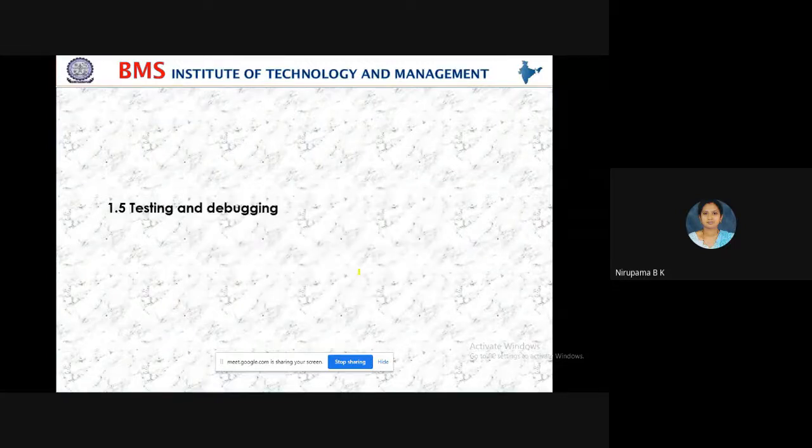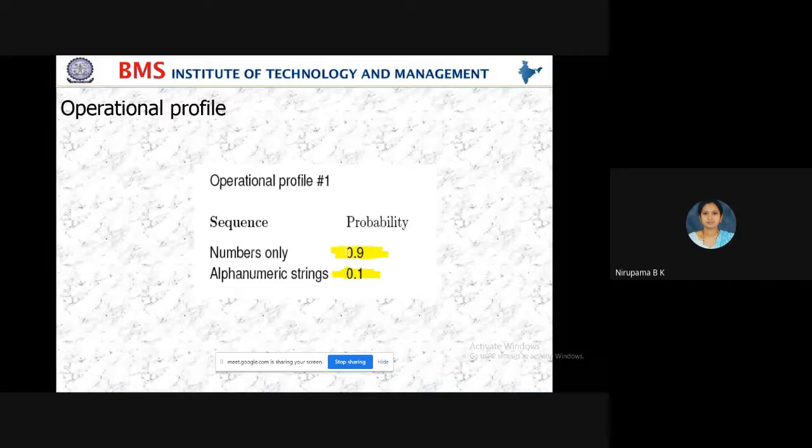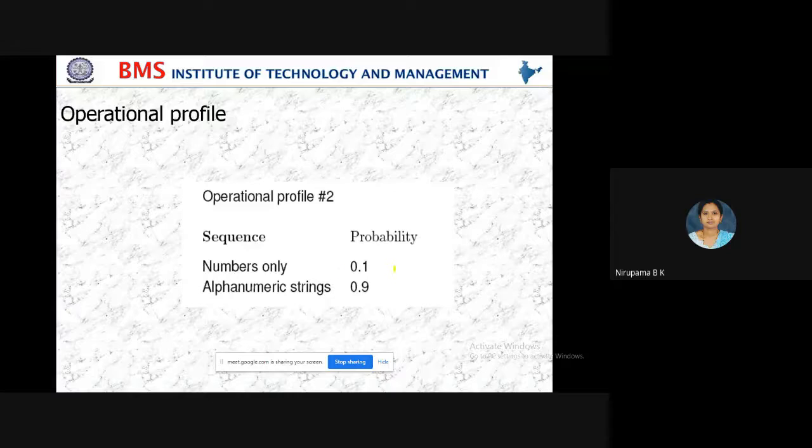See again the same example. What is the difference between this example and this example? Here, number only, 0.9. Alphanumeric means 0.1. The same example can be written for alphanumeric too, because here I'm not writing any character.